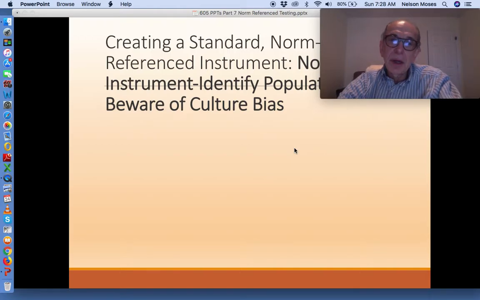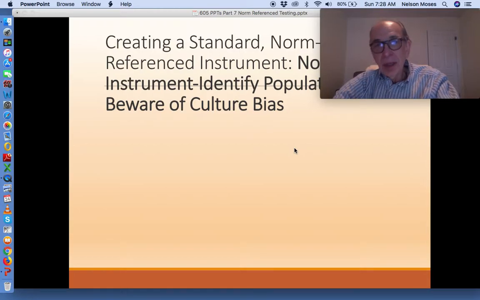Now, in creating a standard norm referenced instrument, once the aspect of speech and language that the instrument is going to address is settled on, the author has to ask him or herself, well, what population is this assessment instrument intended for? What group of people? And in making that decision and making sure that the actual assessment instrument will work with that population, will yield valid and reliable results,